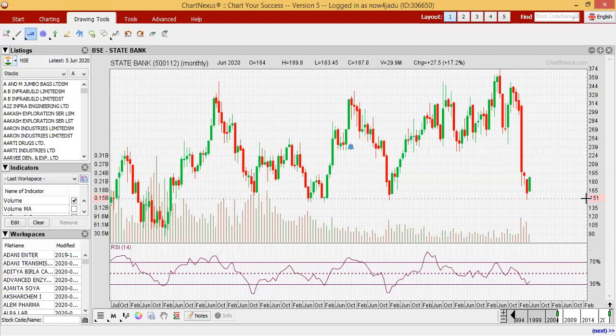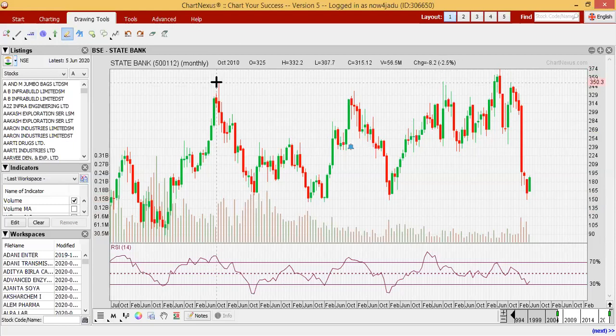So now I am starting this method, friends. This method will help you enter a stock at the exact bottom. I will start with SBI. For this method, we will have to use the monthly chart and check the all-time chart to find where the exact support is. Year after year, we will have to find out where the exact support is.